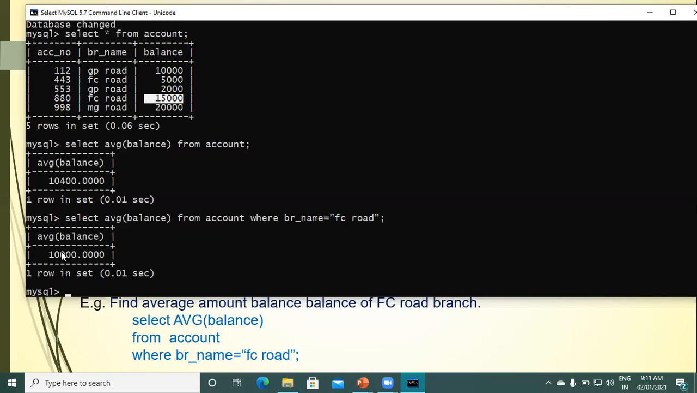Okay, we calculate the average value, and in this case we perform the sum of all these amounts, and then we divide by the total number of rows or tuples. There are 1, 2, 3, 4 and 5, so we divide the sum of all these numbers by 5, and then we get 10,400, that is the value of that particular AVG